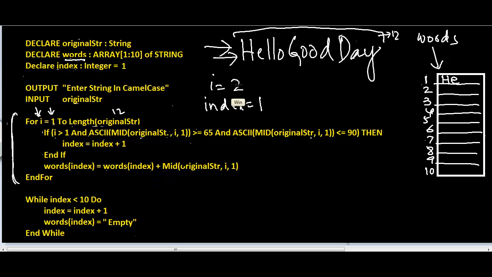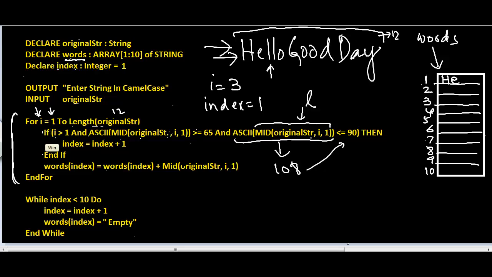Now when this loop runs the third time, I becomes equal to 3. When I equals 3, this is going to return the ASCII code of L, right? Because L is the third character which is going to be returned by this mid function, right? So this mid function is going to return this character, lowercase l, and the ASCII value for L is 108. And we can see that 108 is not less than equal to 90, right? So 108 is not less than equal to 90, therefore this if condition is not going to